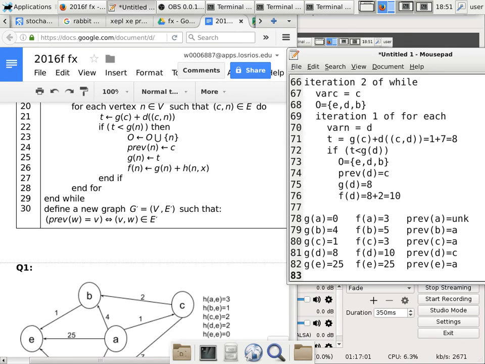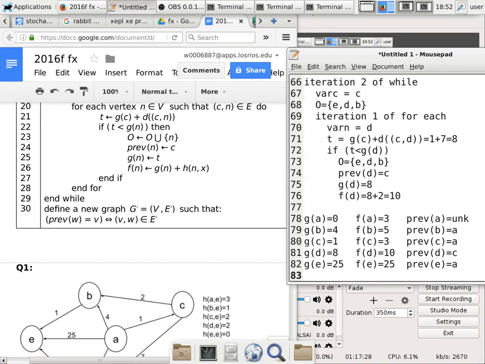Yep. The heuristics always need to be given to us? Say it one more time. The heuristics? Yes. So the heuristics tend to be something that's easy to compute, and is always guaranteed to be an underestimate. Yep. How do you get... Because it has the least F value at the time.